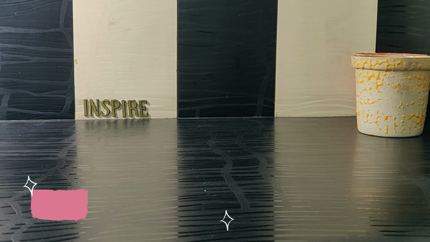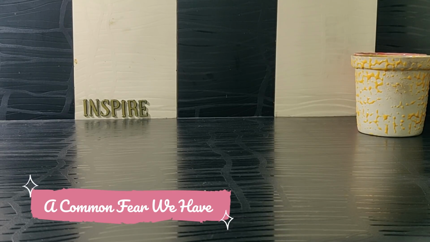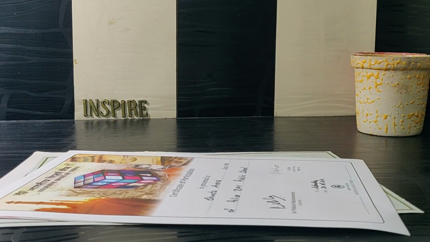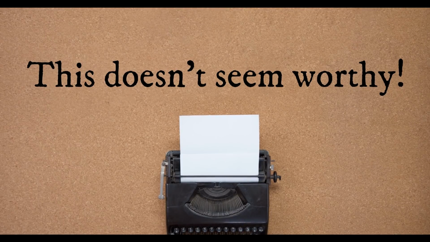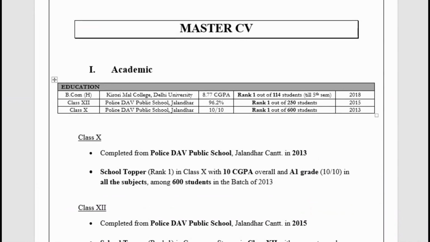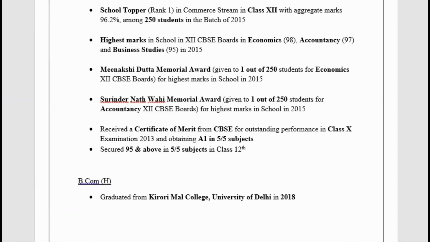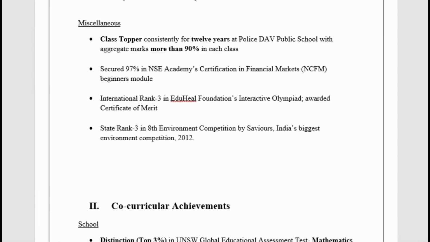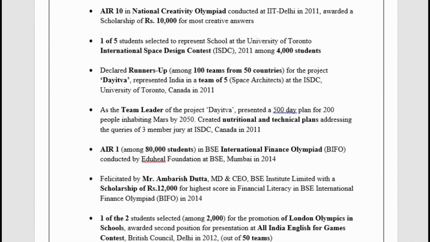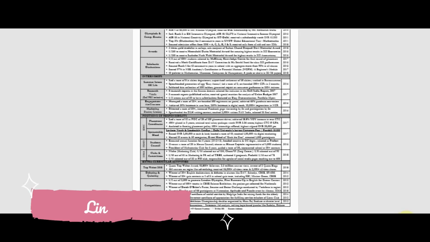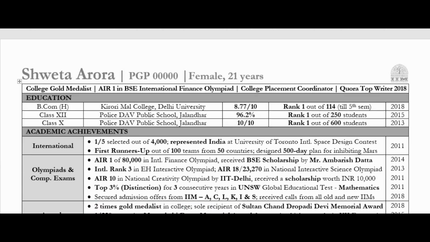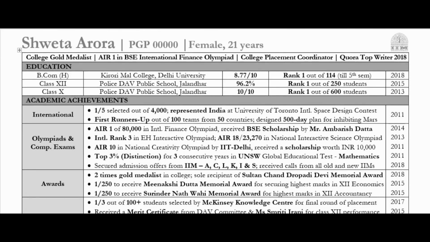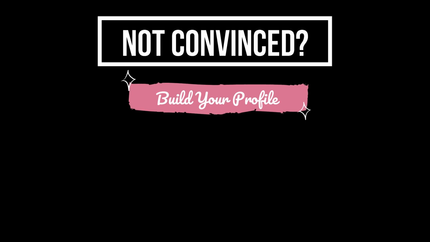After watching this video, I do realize that some of you might start feeling like we don't have enough achievements to begin with. So then how do we create a CV like this? This happens when we don't even account for all our achievements that we think are not worthy enough to go into the master CV. But if you pick those achievements one by one and you put them together in one bucket, your buckets will start looking stronger. And this is something you can check in my own CV. I'll put it down in the description box. You will realize that not all my achievements were great. It's just that when they were put together in one bucket, the bucket started looking stronger. And if you still feel like you don't have enough points in your CV, then it's never too late to start building a strong profile.